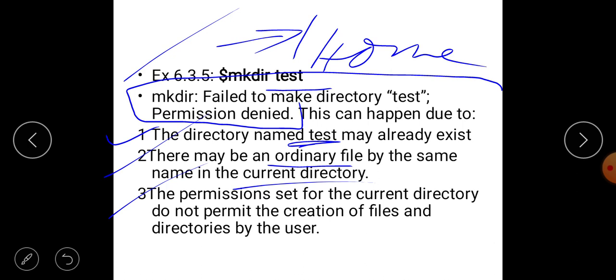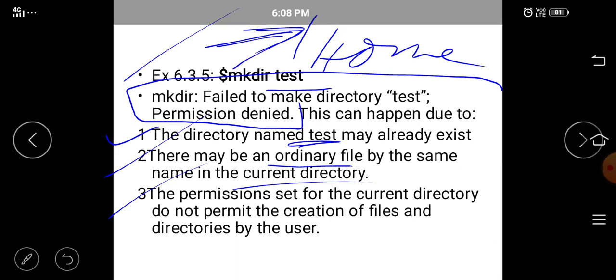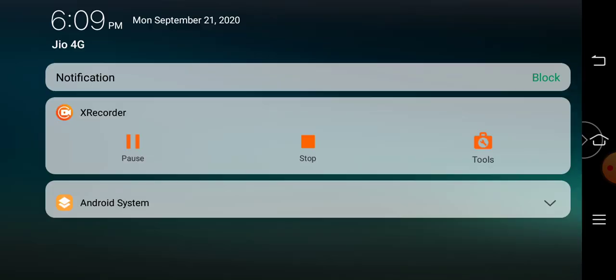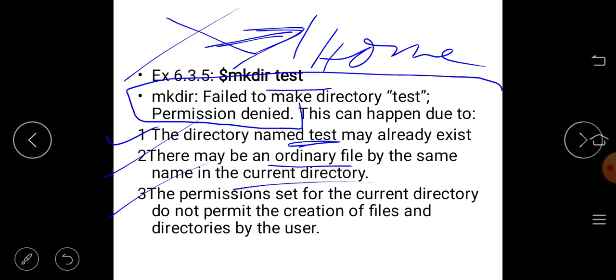We, as a user, cannot create other directories. It means permission for this directory is not allowed, so the user should not create other directories under it. This may also happen. These are the 5 cases.